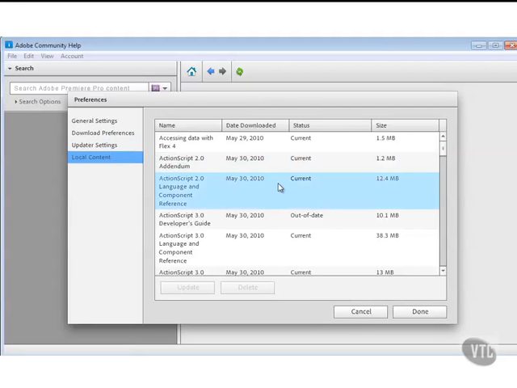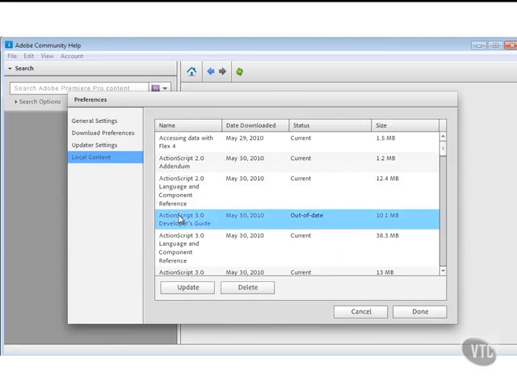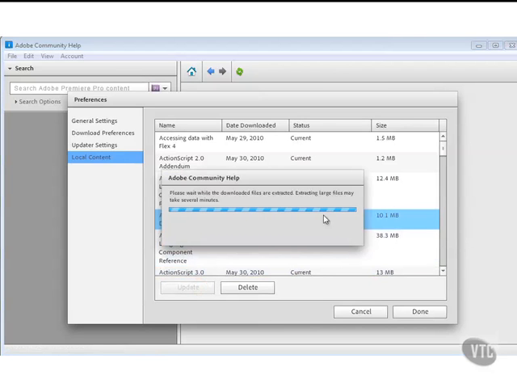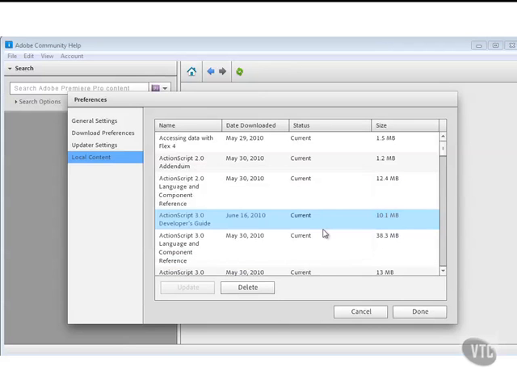Okay, I get a comprehensive list of all the help guides available related to the programs I have installed. In this third field, the status field, I can see that most of the help guides are up to date, indicated by the message current. But here's one that's out of date. So I just click on it, then click Update down here, and a progress bar informs me it's being updated. Okay, once updated, this message pops up to let me know the compressed downloaded files are being extracted and made available to use. And now the status is